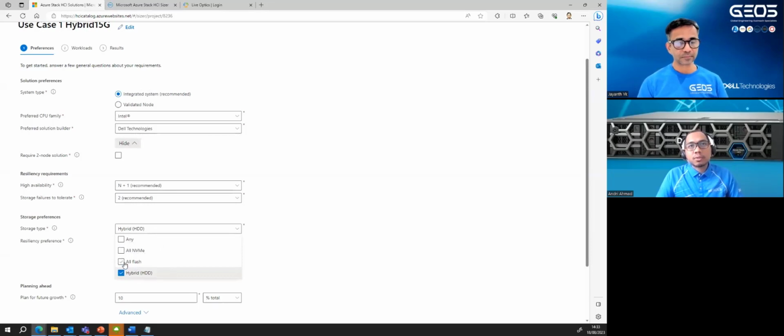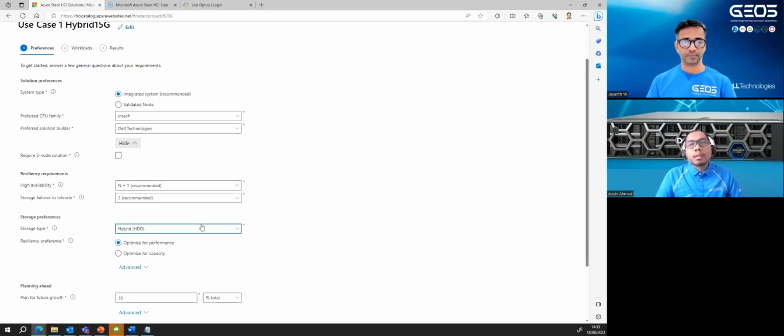And then the next criterion is the storage type, right? You also need to consider your workload: whether it is a write- or read-heavy workload, a storage-intensive workload, or just a compute-intensive workload. Or you may want more capacity rather than performance. But as you want to modernize your data center, I usually recommend you start with the all-flash storage type,